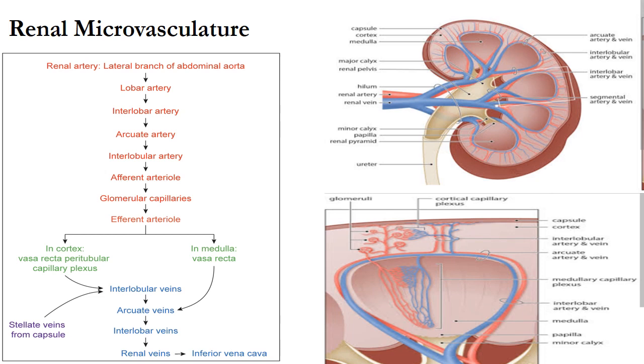It joins the capillary plexus and surrounds the descending and ascending loop of Henle and also the collecting tubule. The capillary plexus consists predominantly of vessels running longitudinally. It is drained by ascending vasa recta. It runs upwards parallel to descending vasa recta and it drains into the interlobular or arcuate veins.